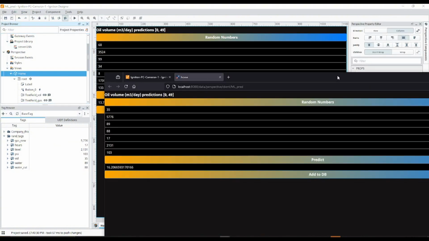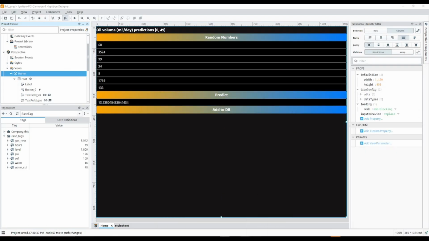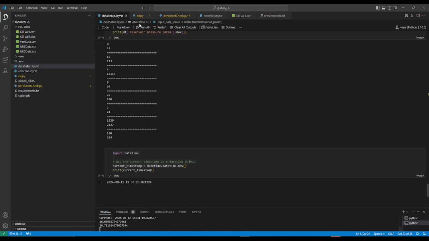So if we look over here when we run it, see it'll generate new values. We run the predict. That will give us the actual prediction value based off of these inputs, and obviously, if you take the 16 out, it has a placeholder volume of liquid for whatever, and then you can just put that back in. And then if you want, we also have it to add to the database, another part of this system. So if we go over here into the Flask server,